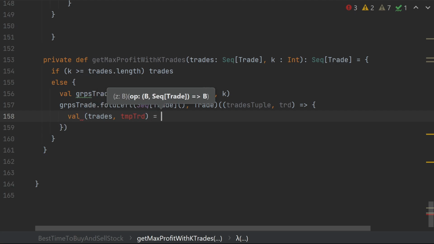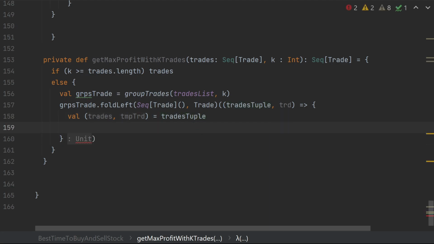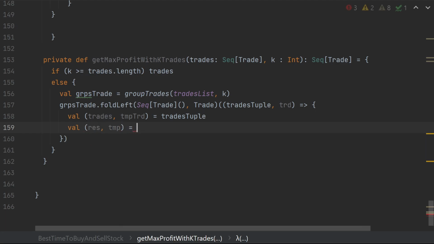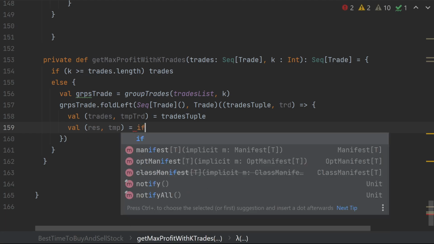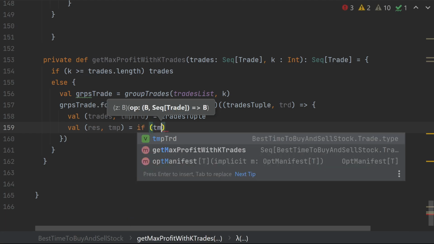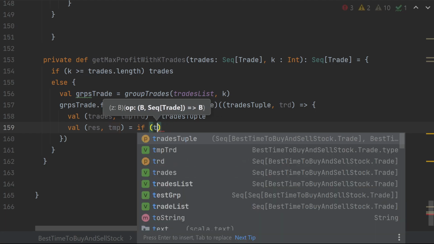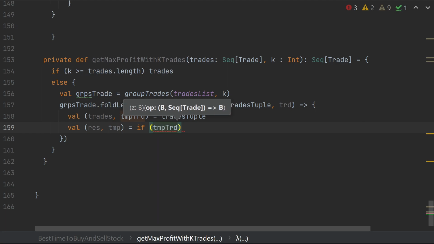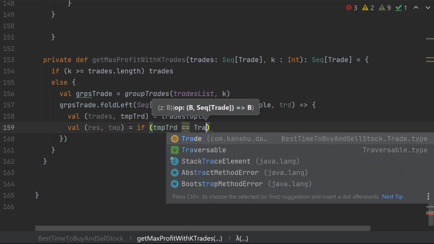It will be again, so all right, now we have this. Now we get the results comma temp, which will be calling it recursively. So now, because we have to pass this temporary buffer, so temp trd. All right, so if temp trd is equal to no trade,